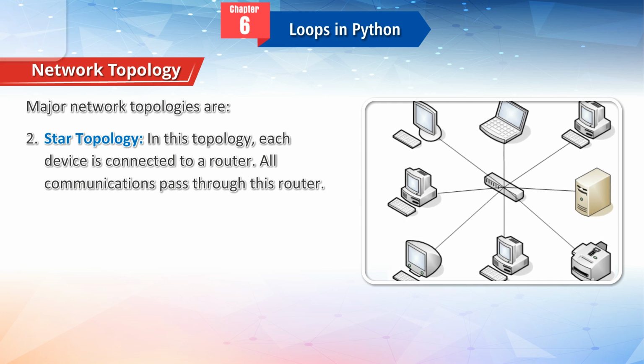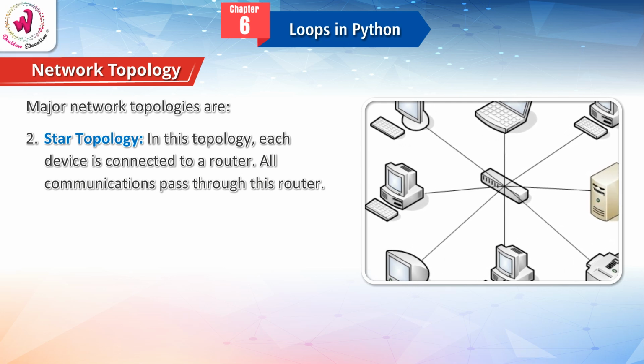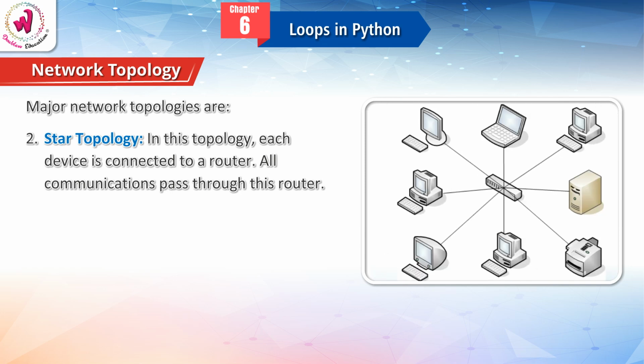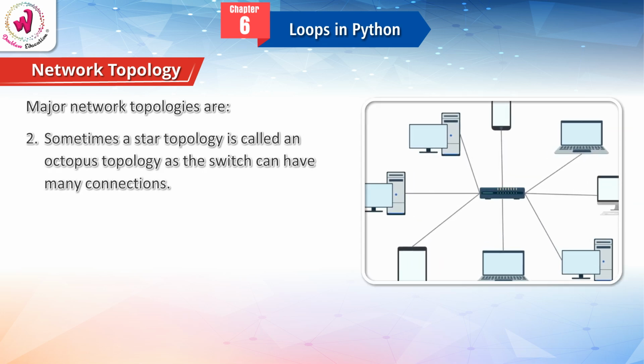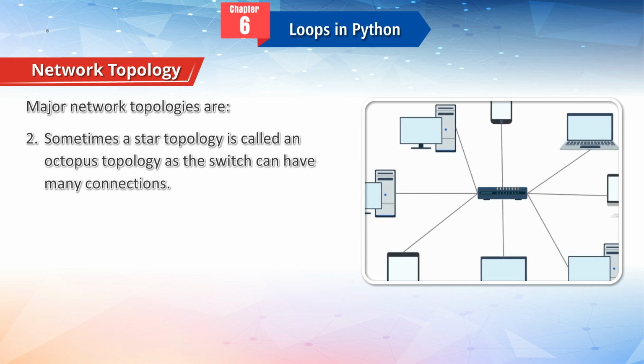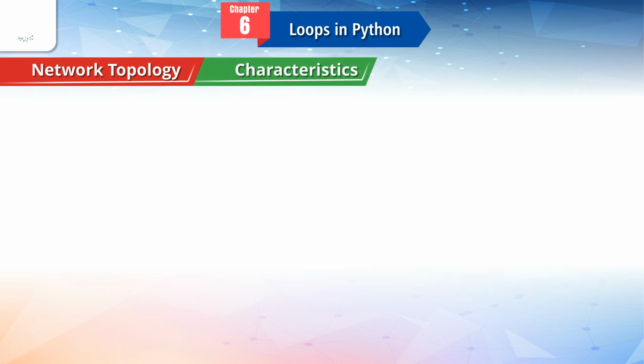2. Star topology. In this topology, each device is connected to a router. All communications pass through this router. Sometimes a star topology is called an octopus topology, as the switch can have many